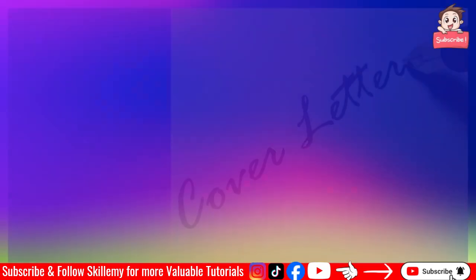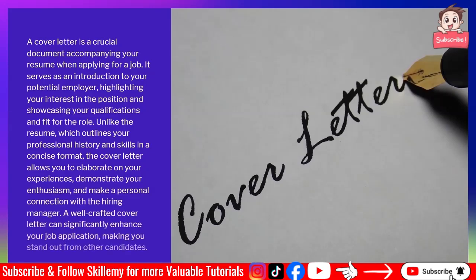Introduction. A cover letter is a crucial document accompanying your resume when applying for a job. It serves as an introduction to your potential employer, highlighting your interest in the position and showcasing your qualifications and fit for the role. Unlike the resume, which outlines your professional history and skills in a constant format, the cover letter allows you to elaborate on your experiences, demonstrate your enthusiasm, and make a personal connection with the hiring manager.